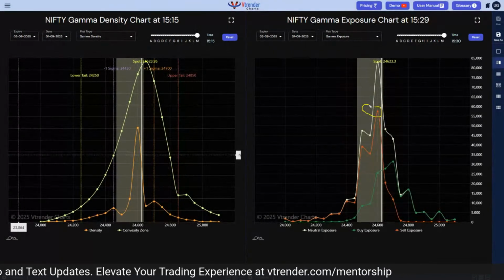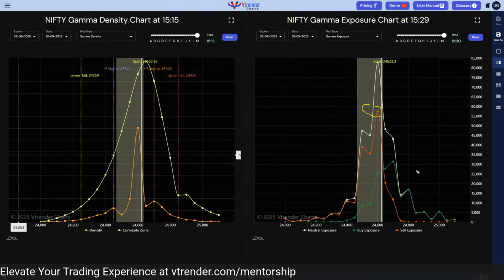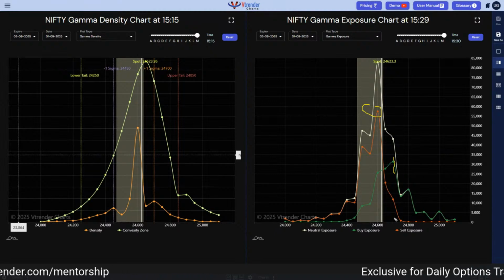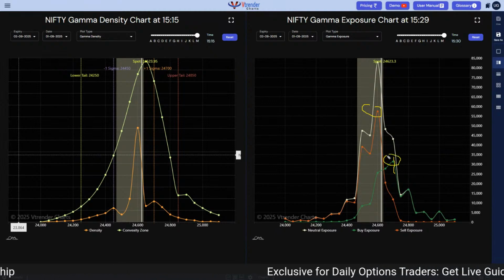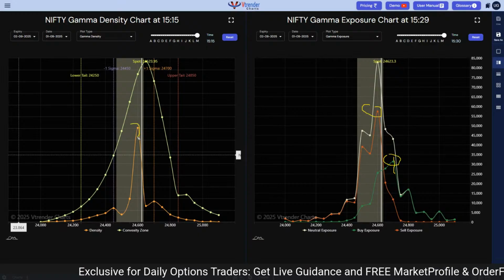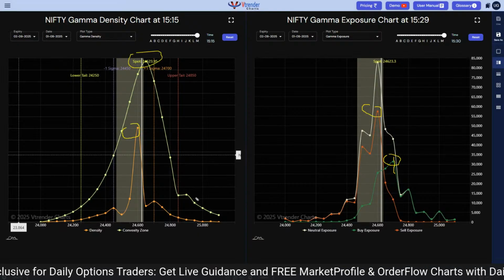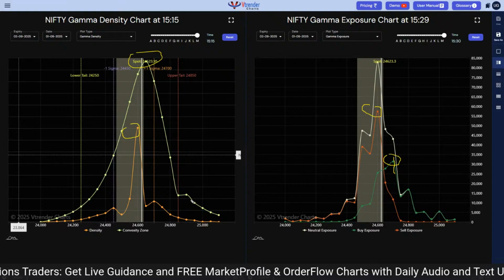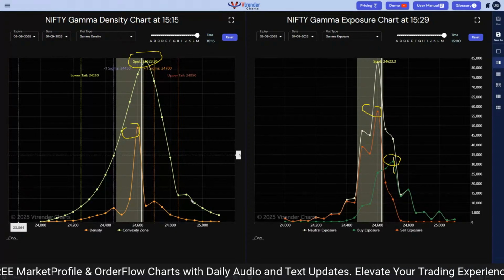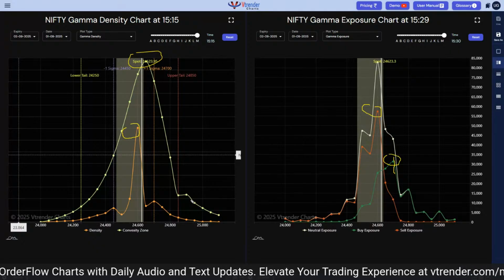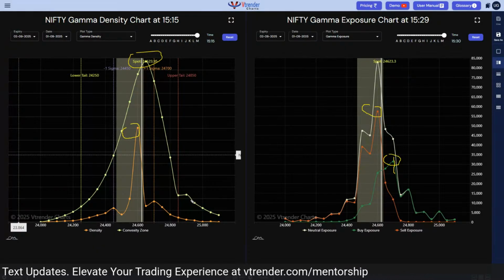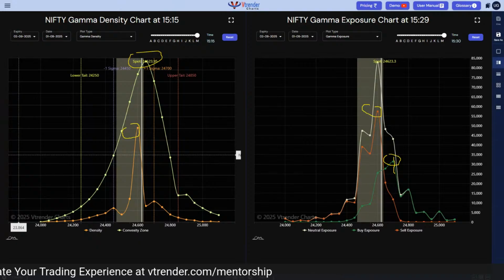You can see short gamma has now shifted: 24,600 is now short gamma, and we have shifted the upper spectrum range to 24,700. That is where our focus will be in tomorrow's settlement, and we will need to see where these cones are pointed tomorrow. Tomorrow is a settlement day, so it is important you have this particular combination open and keep checking what is happening here, because if there is any change here, it will definitely show up on the trade setups. So you will be able to take a good trade using this.